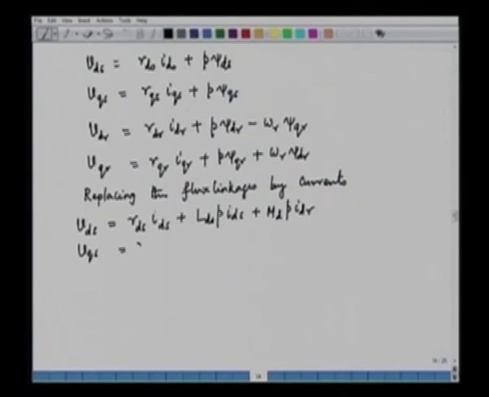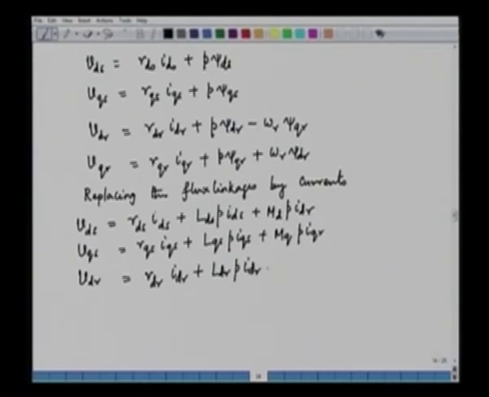VQS is equal to RQS IQS plus LQS PIQS plus MQ PIQR, and VDR is equal to RDR IDR plus LDR PIDR plus MD PIDS. This will be minus omega r